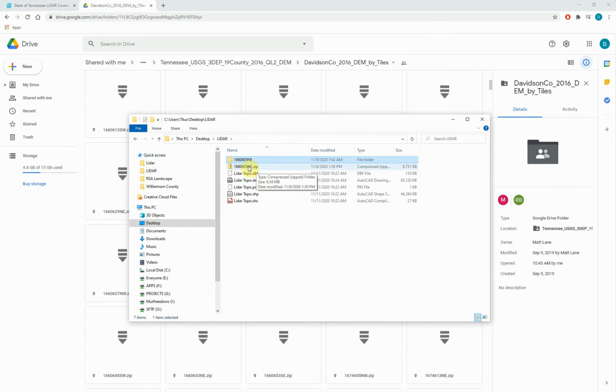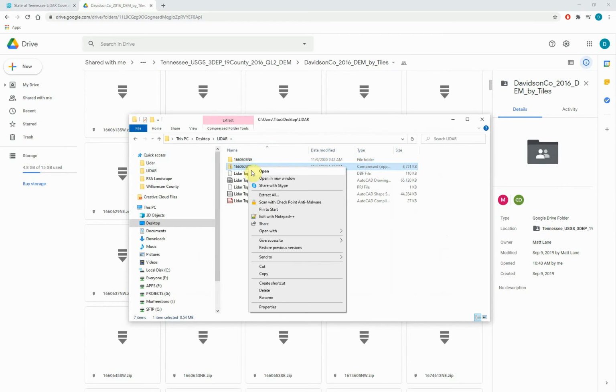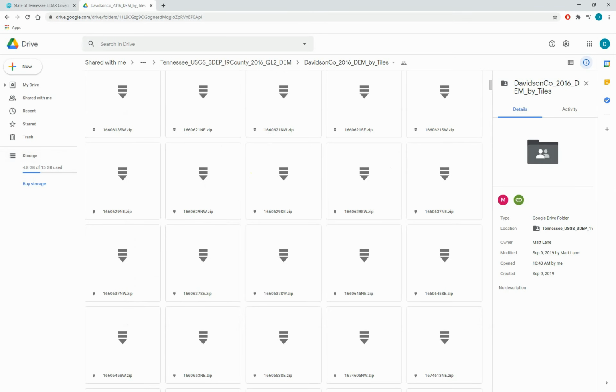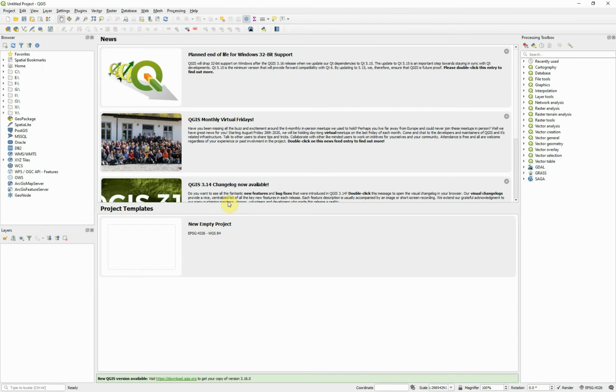It will be a zip file. You'll click on it, right click, extract all, and it'll open another dialog box. You'll hit OK, and it will unzip it, and here's the folder you would be left with. Inside that folder, there's one file. That's all we'll need. And so what we'll do is open up this other piece of software called QGIS,